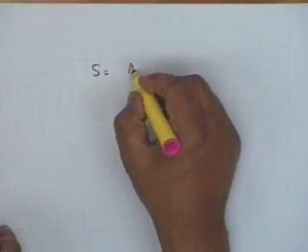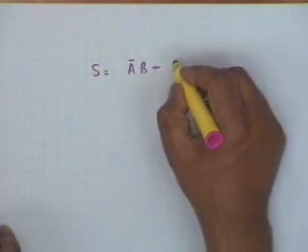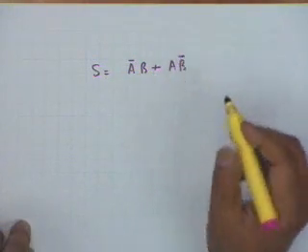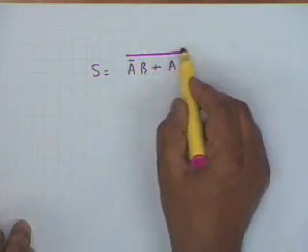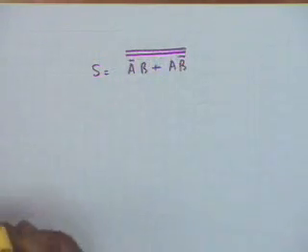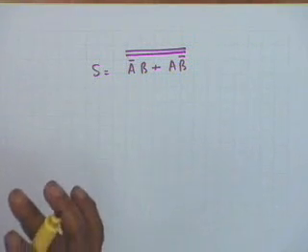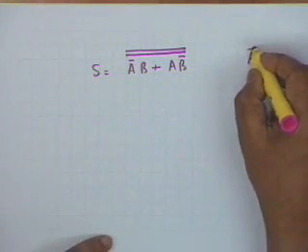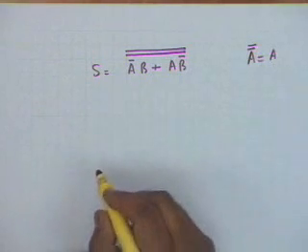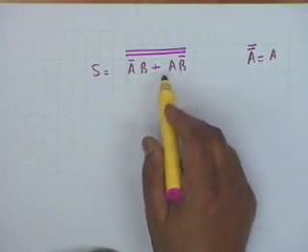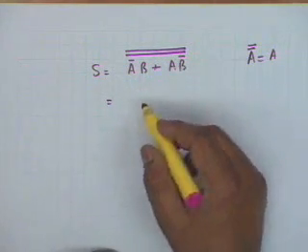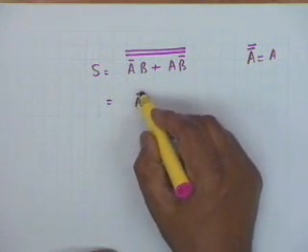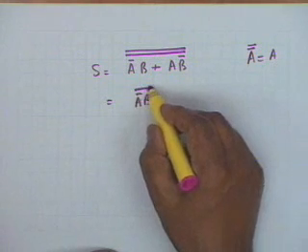A simpler form is possible. Our S is A bar B plus A B bar, and I can write this with two inversions. This is the same. Any variable with two inversions is the same, and therefore S I have written with two inversions. Now, with one inversion, I apply De Morgan's theorem, that is A bar B inversion